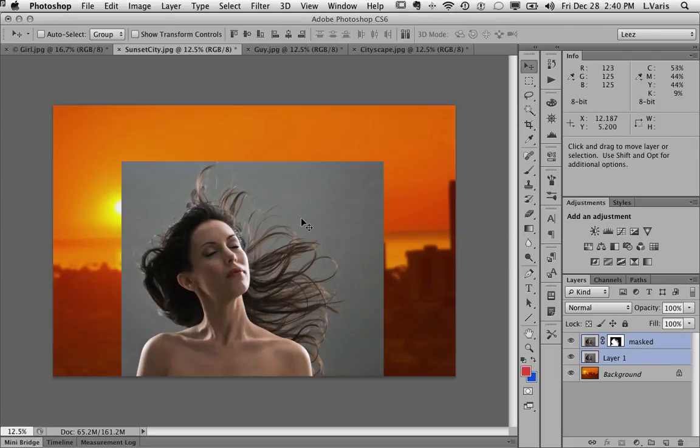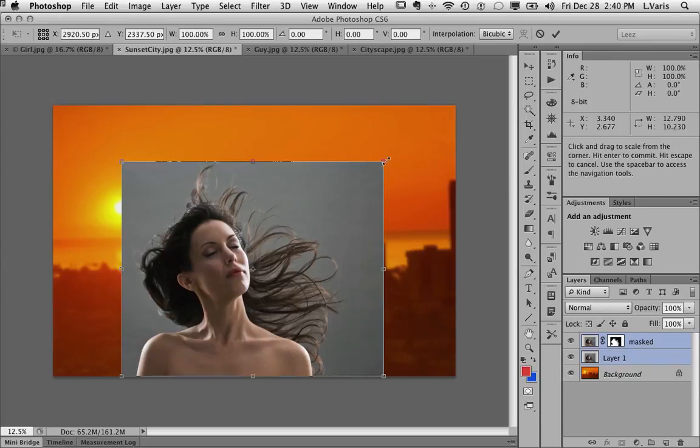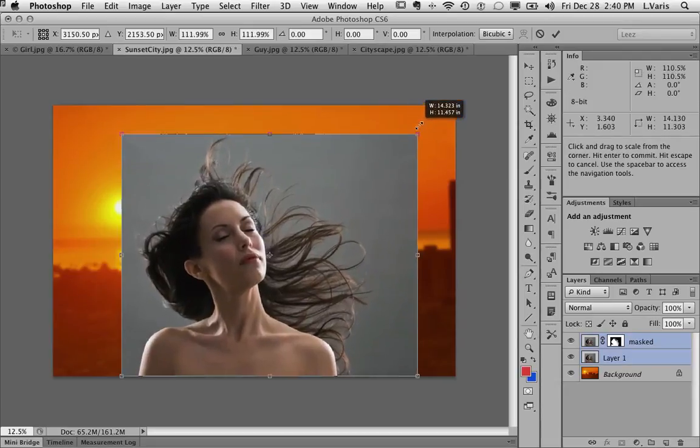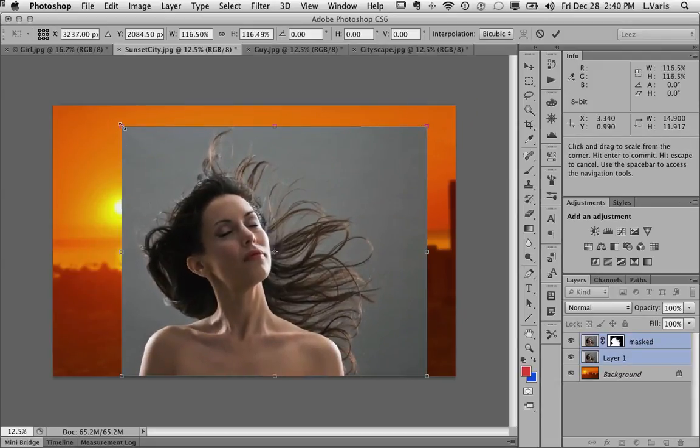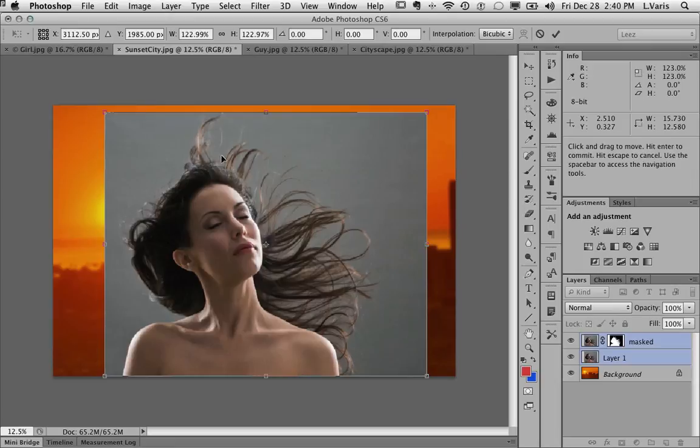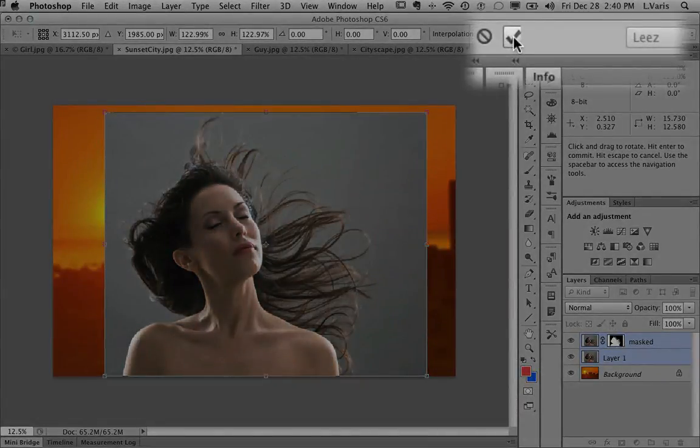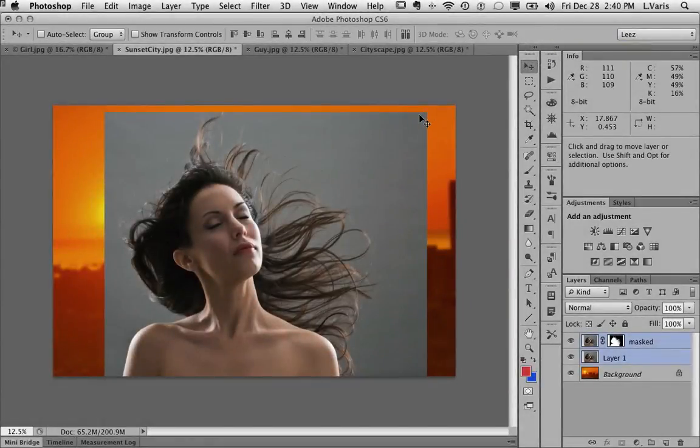But first, let's resize this. Since I have both of these layers selected, I can do a Command or Control T to bring up the free transform, and I can scale this up. I'll hold down the Shift key while I do this so that I don't distort the aspect ratio of the image. And we'll get her about the right size, and then accept that transform by clicking on this little check mark here. Okay,